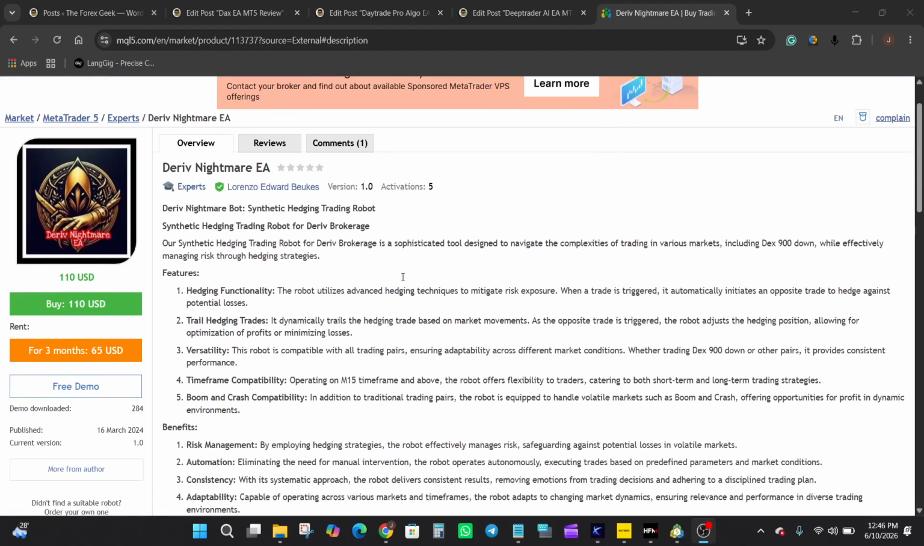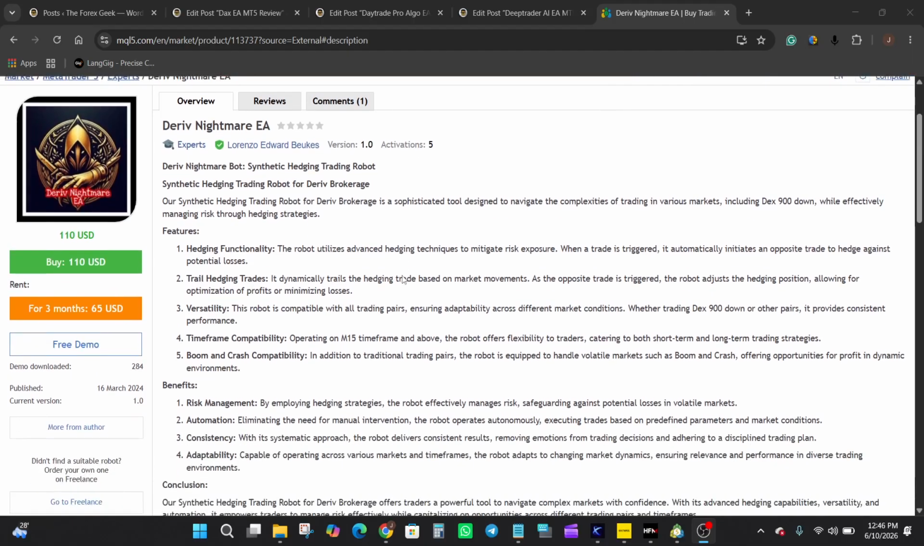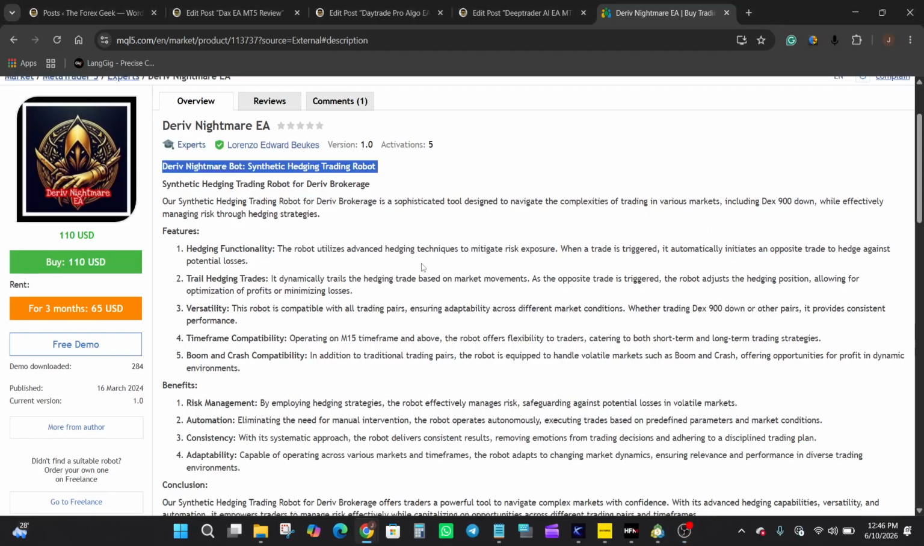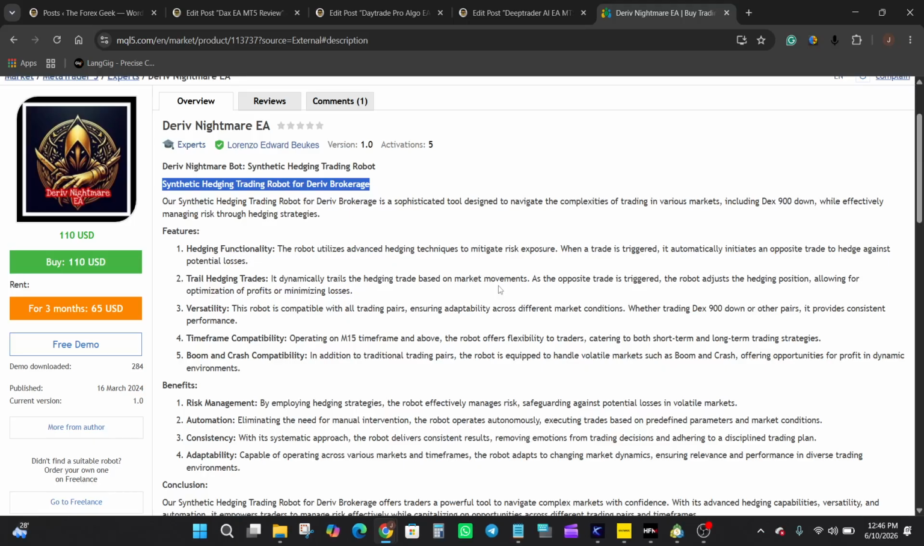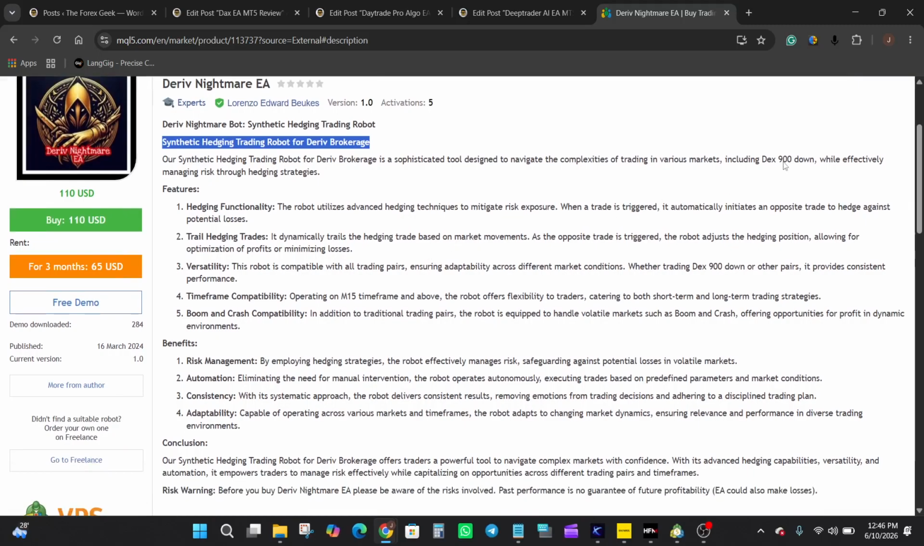As I scroll through the listing, the developer describes this EA as a synthetic hedging trading robot built specifically for the derivative brokerage environment. The focus here is on navigating volatile synthetic markets like DEX 900 down, as well as boom and crash style